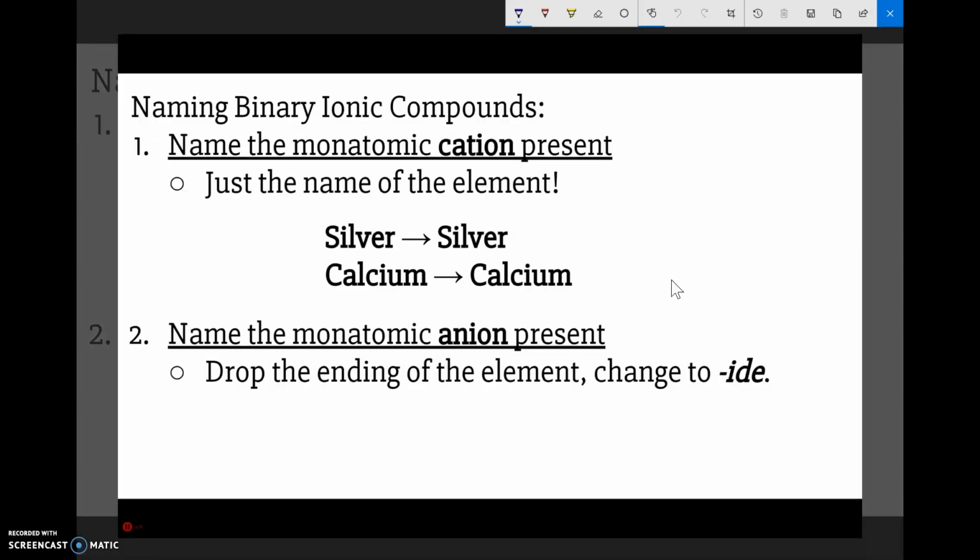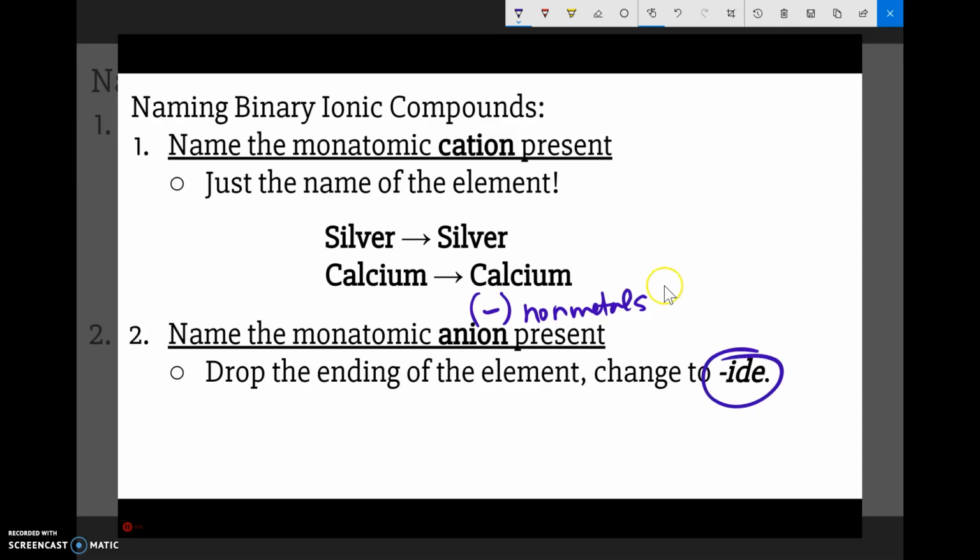The second thing we do is name the monatomic anion present. And just remember that an anion has a negative charge. And these are nonmetals, because nonmetals, to become more stable, want to gain electrons. And when we gain something negative, we get a negative charge. Now in these guys, we're looking at the nonmetals on the periodic table, and the name of the element changes